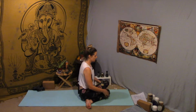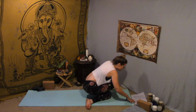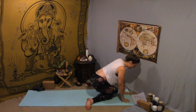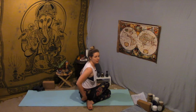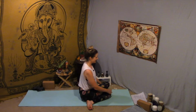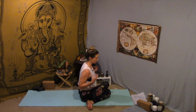So you want to align your knees up together, and a good way to do this if you're struggling, if you come forward, it naturally pushes your knees to align. So coming forward and then sitting back down. And you really want to make sure you're going to maybe have to move some meat around. If you got a booty like I do, you really got to push that flesh away to really ground down